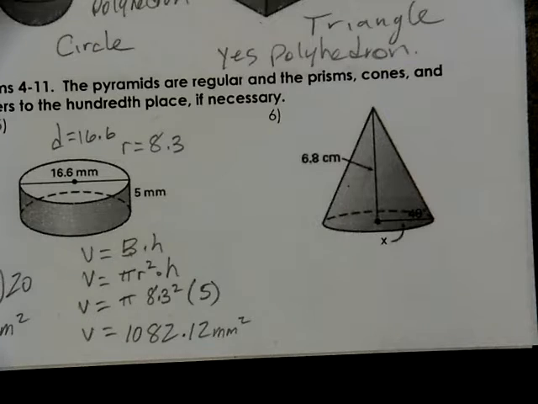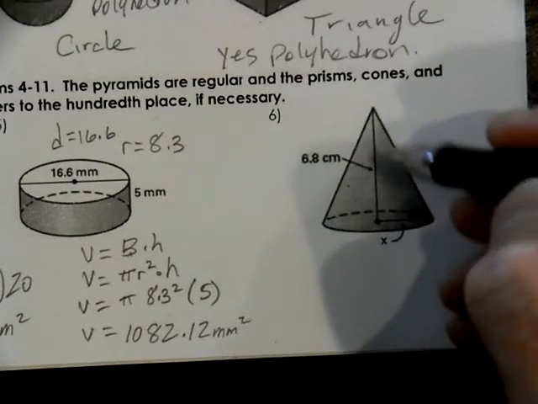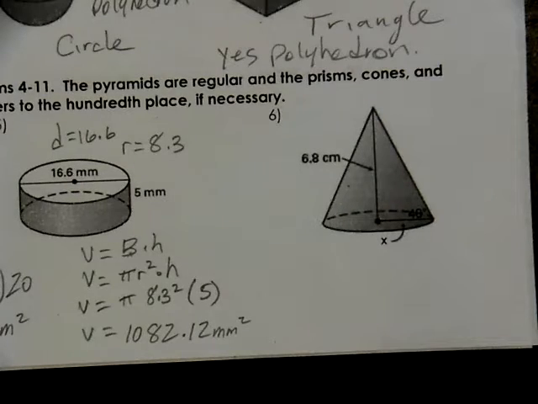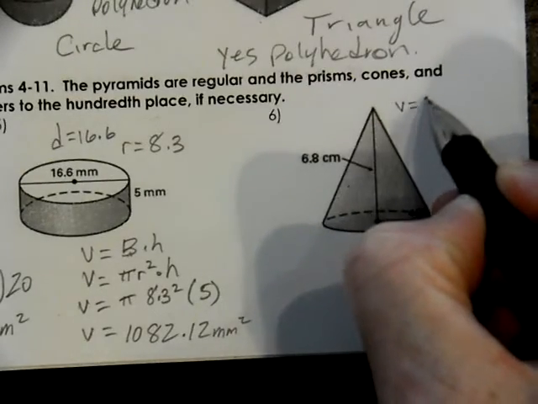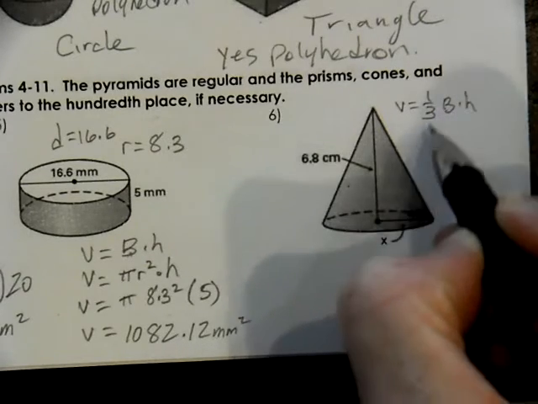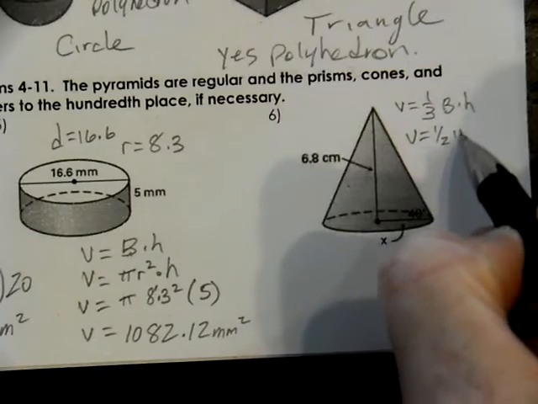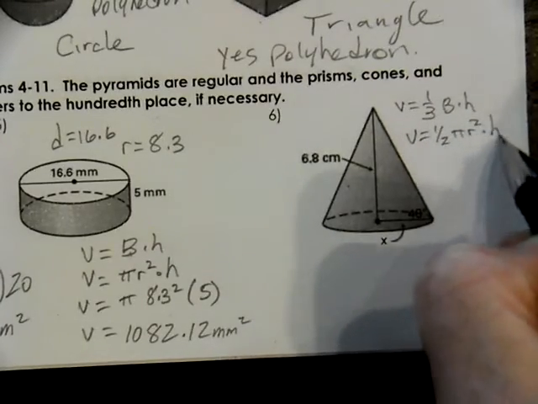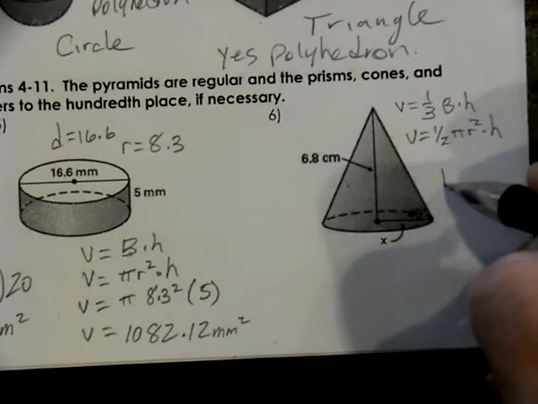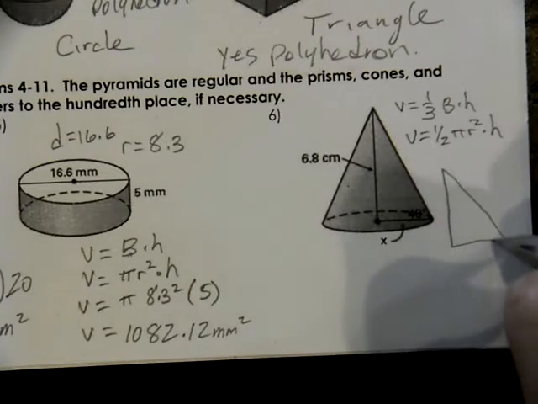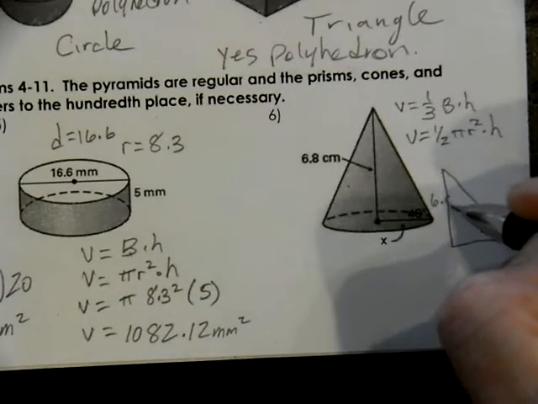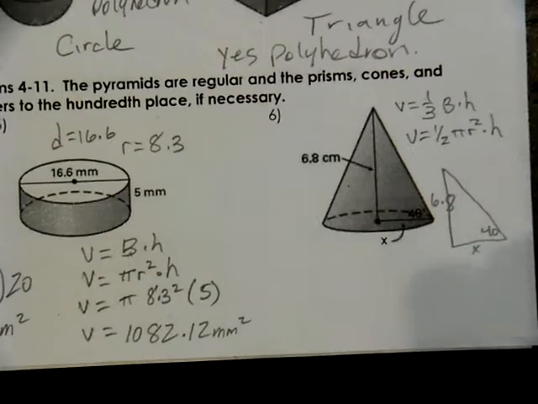Now this one's a little bit different. We know what the height of this cone is, but we do not know what the radius is. The volume should be 1/3 the area of the base times the height, which in this case is pi r squared times the height. Well, we need to know what r is. So we're going to take this right triangle. It has an angle of 40 and an opposite side of 6.8, and we're going to use that to find